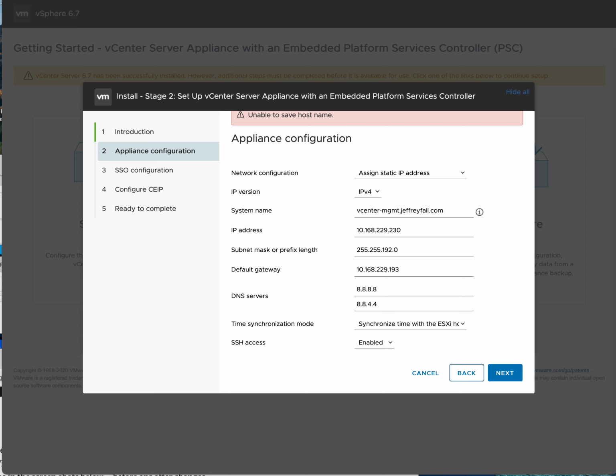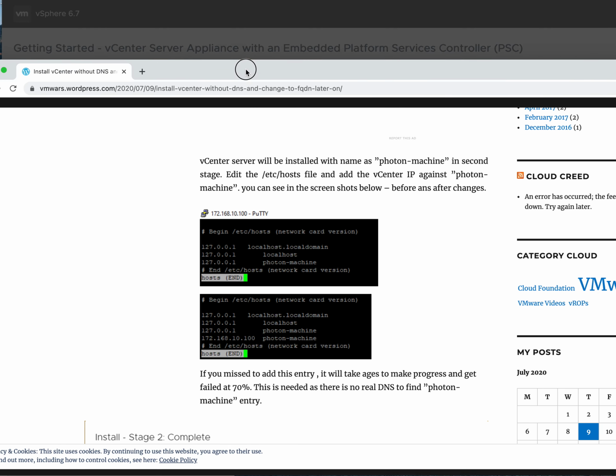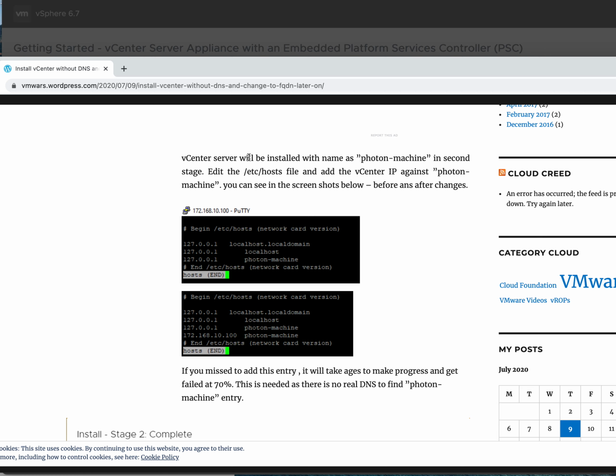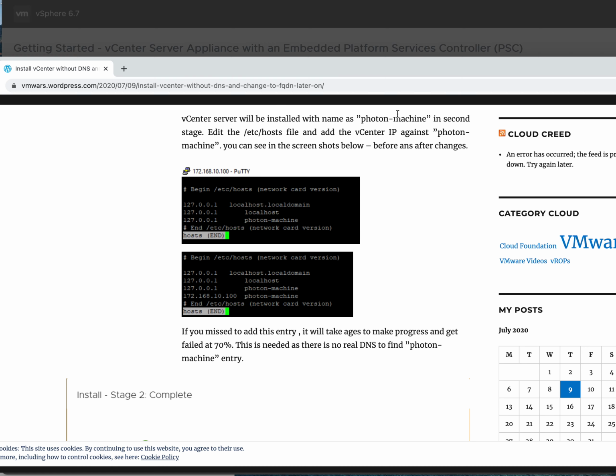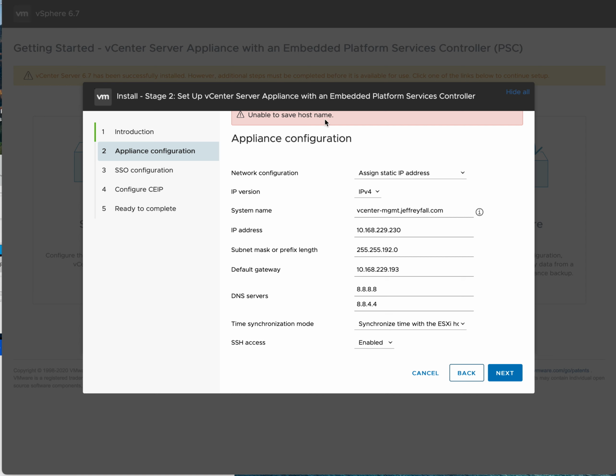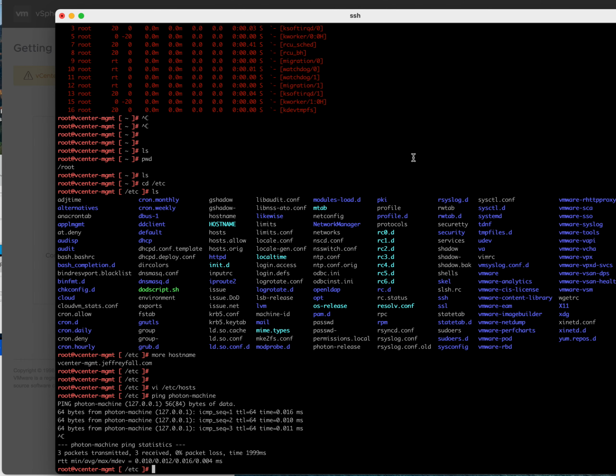So I'm still messing around with this vCenter appliance, and I was reading on a nice blog where somebody put in that vCenter is installed with a name called Photon Machine, and that makes sense in the second stage. I'm having trouble getting past this host problem where it says unable to save host name. So what I did was I logged in, because I have SSH access enabled. I logged into the virtual machine, the vCenter appliance, and then I'm doing what this guy says to do,